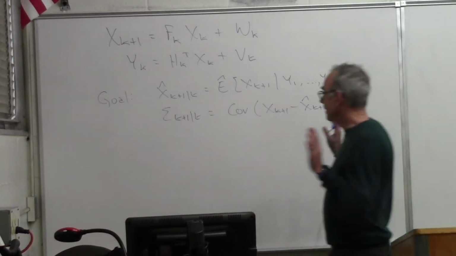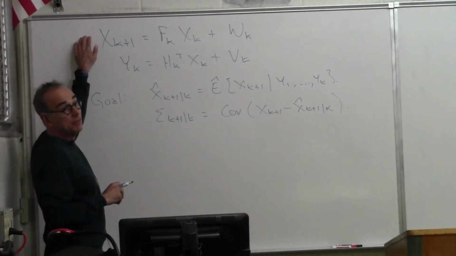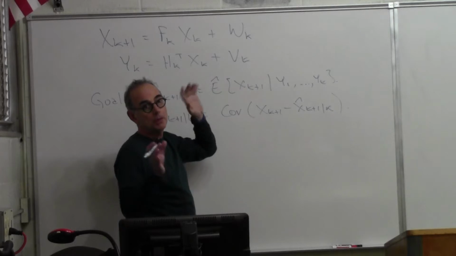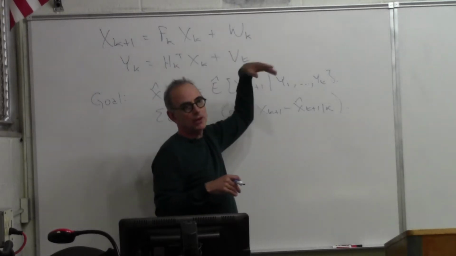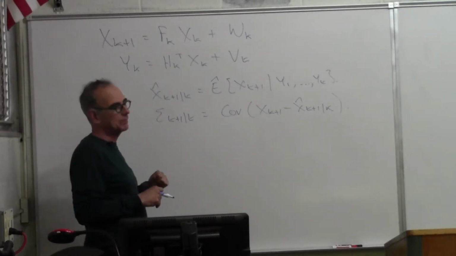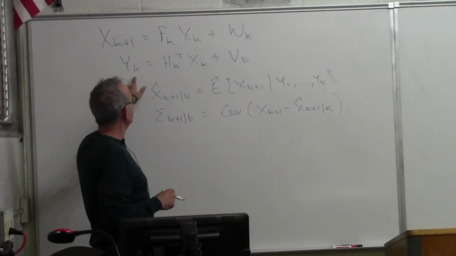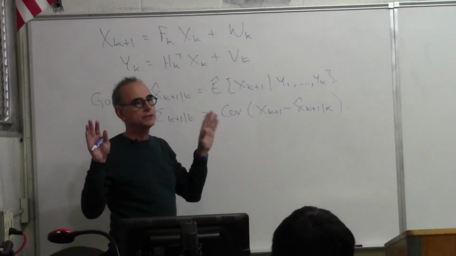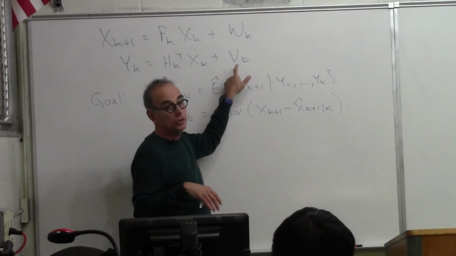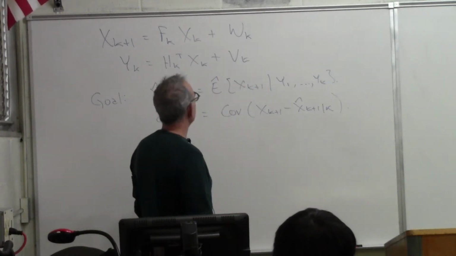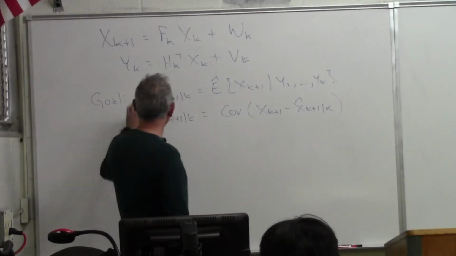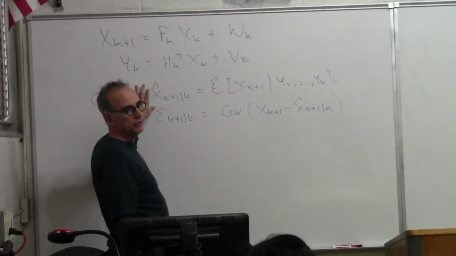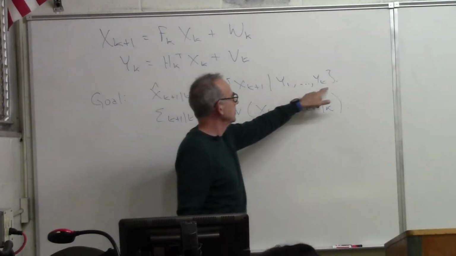I'm not going to review everything, but we've got a linear state space model driven by white noise. For control people, there'd be an input here as well, but we subtract that away and ignore that. And then we have observations, which are a linear function of the state plus white noise. And by white noise, I mean white: an uncorrelated process with second moments. And we'd like the wide sense, the best linear estimator of x, given observations up to time k.